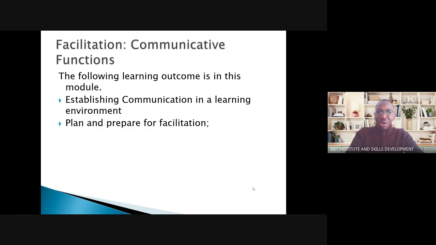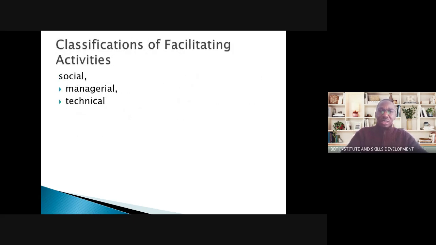I always like Q&As because questions and answers always drive and cover a wider scope of discussion rather than me presenting one program after the other. So there are certain things that I don't focus much on when I'm doing facilitation.